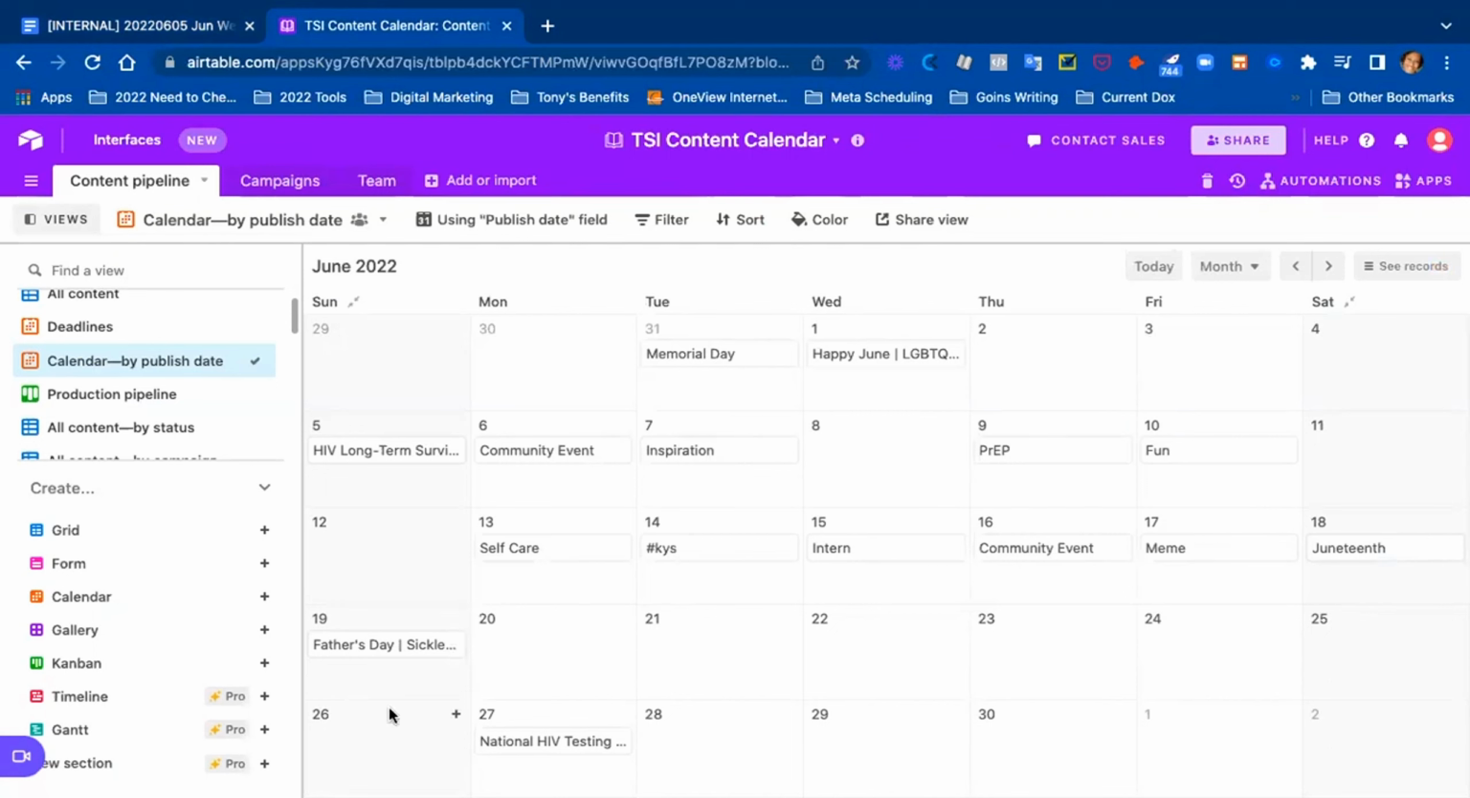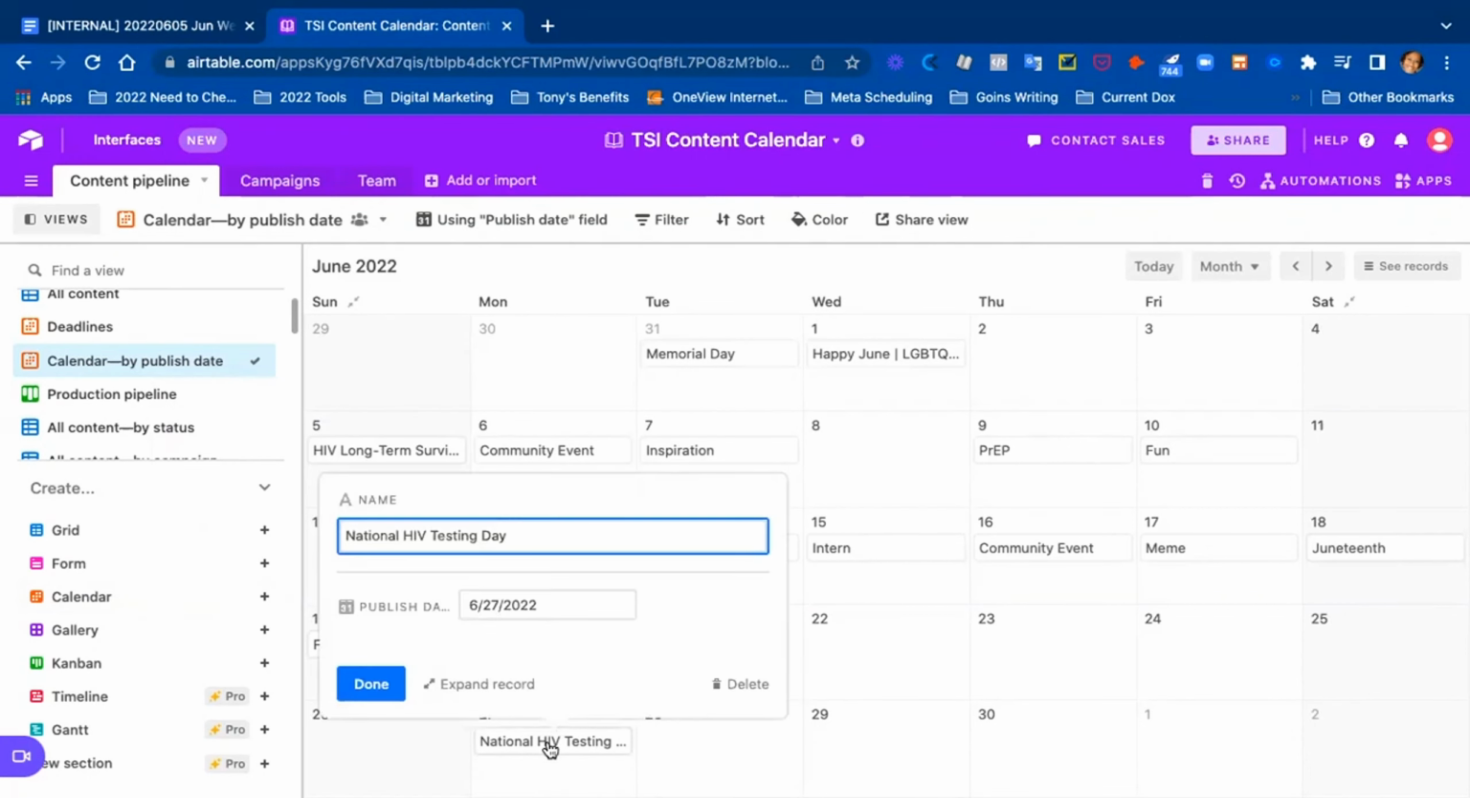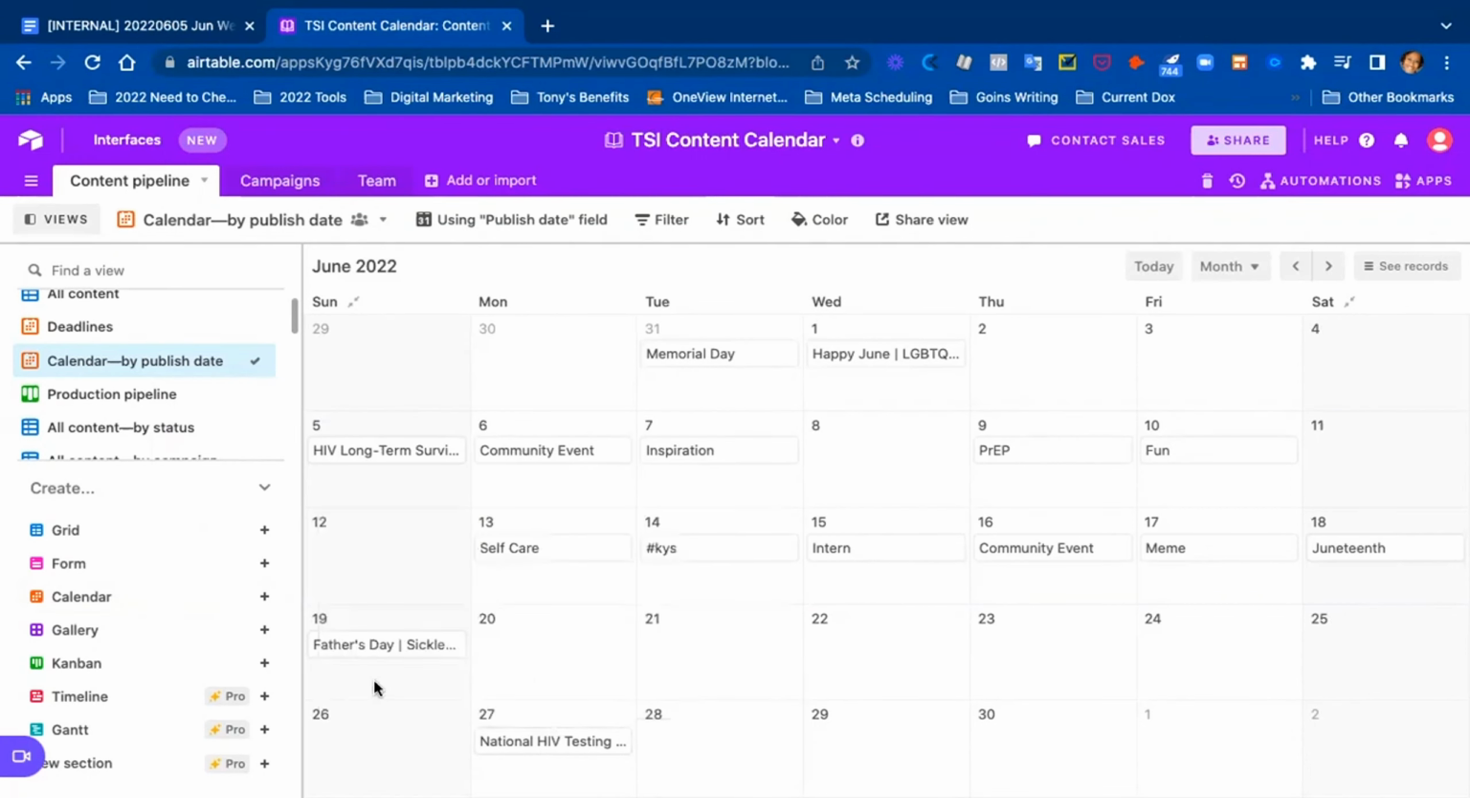Next, what I'm going to do, and I've already done this for the month of June. That's why you see Father's Day and sickle cell awareness. That's why these are already on here, because I've already looked through it for the month. If they were not on here, what I would do is open up a new tab, and I literally would do a search for